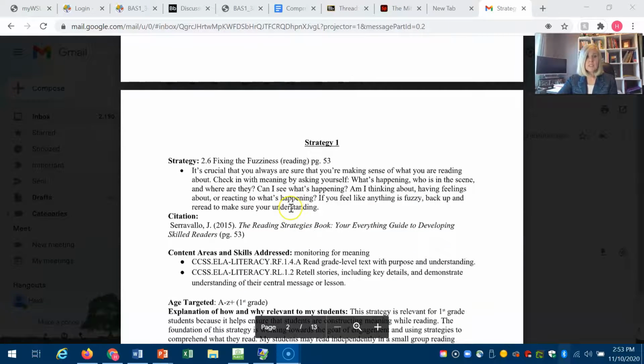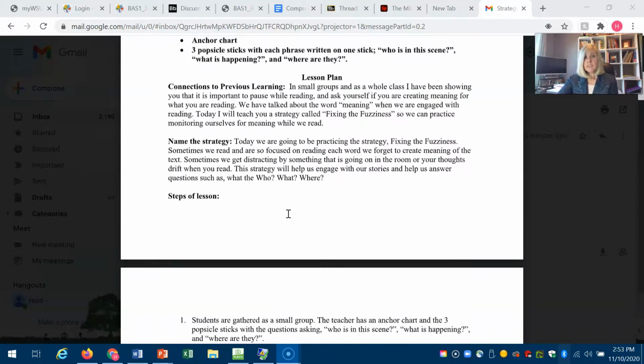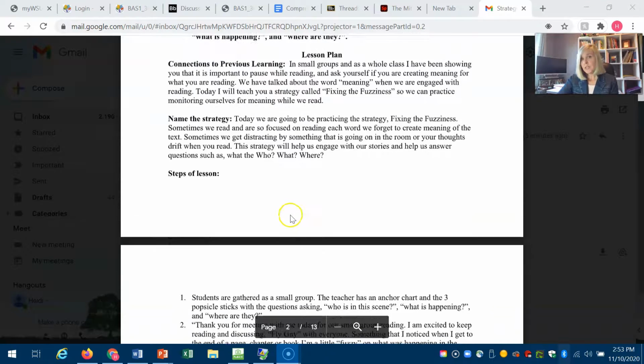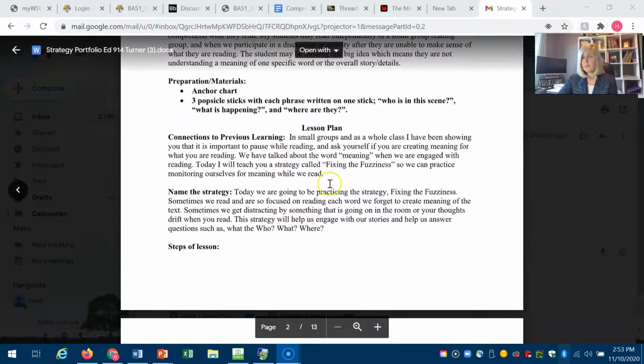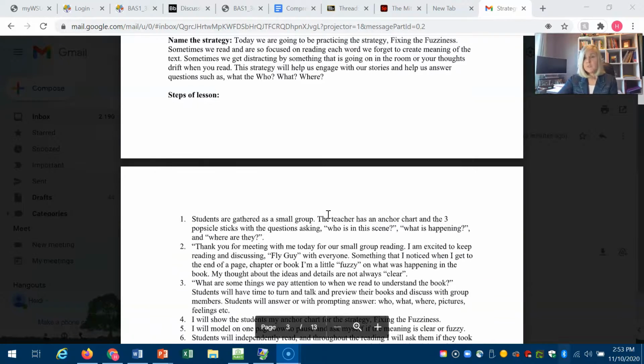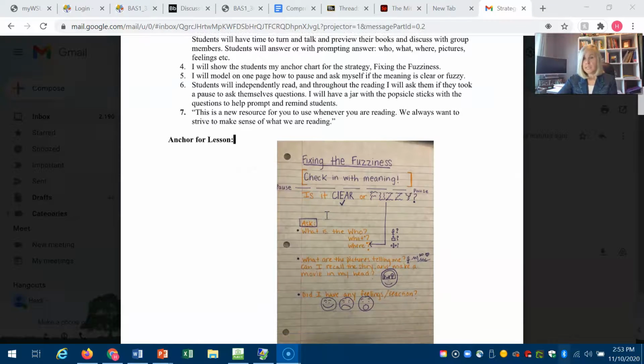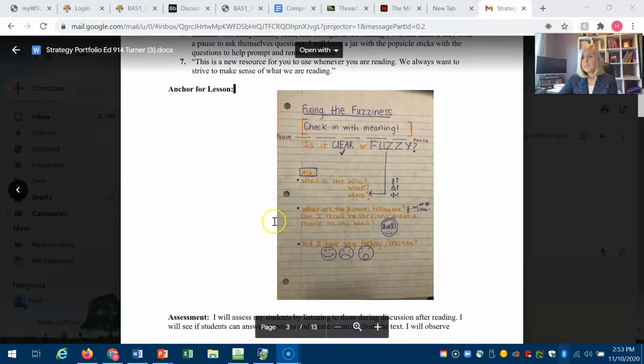So notice the strategy is listed. There's some type of citation. Typically, some standards are listed. So she actually took the lesson plan and put it more in a narrative way. So she just modified how she chose to present the information, but still had everything that she needed in order to have a complete lesson plan. She put the steps in the process of the work that she was going to engage in with the student,